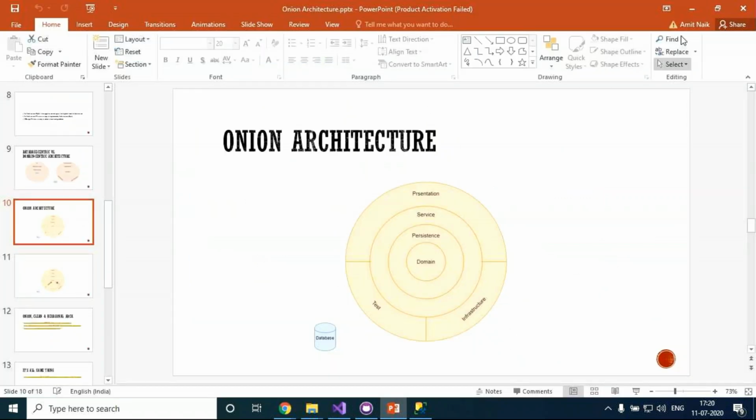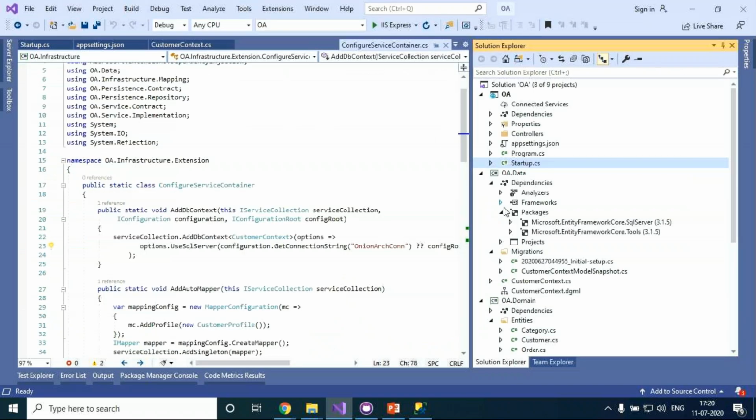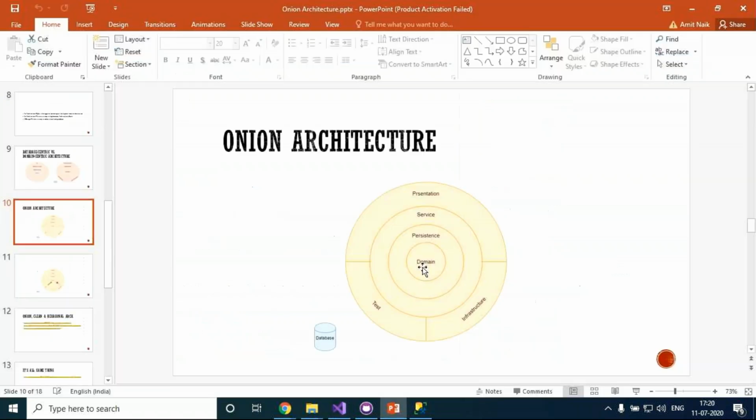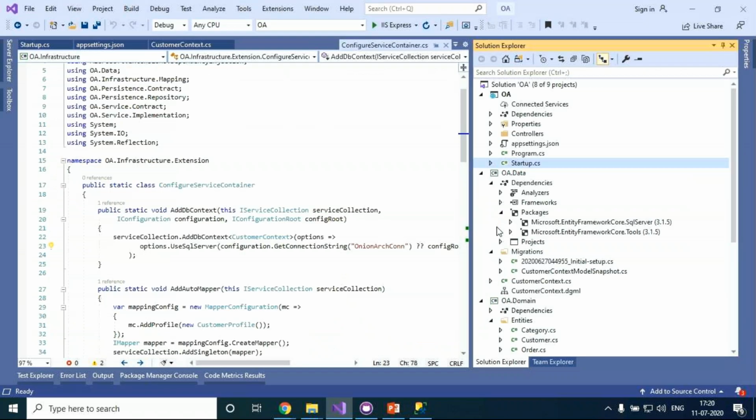Yes, this one. After coming to the domain, I add one more layer in this. This is only for theoretical purposes, for the demo. I'll show the real project later. After the domain, next comes the persistence layer, but only for understanding purposes I use one more layer as a data layer. This will be removed in the next demo session.